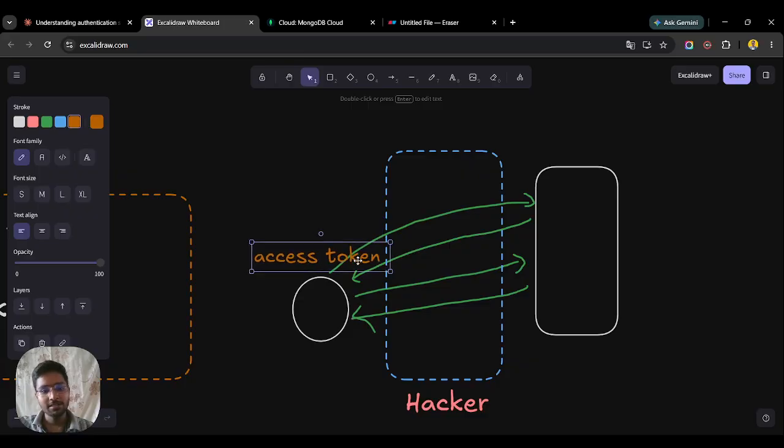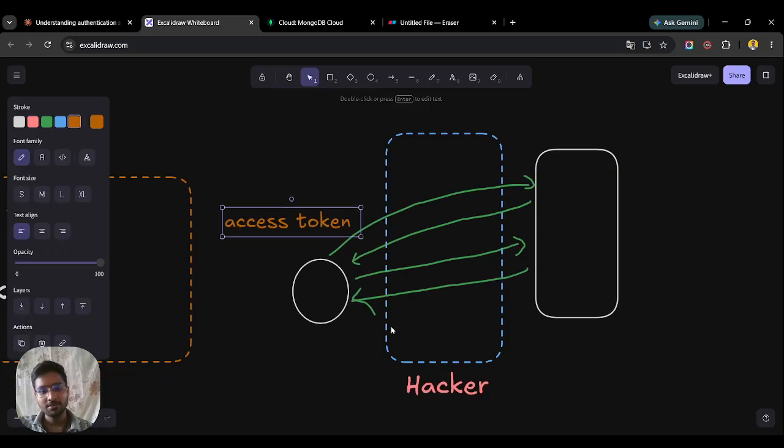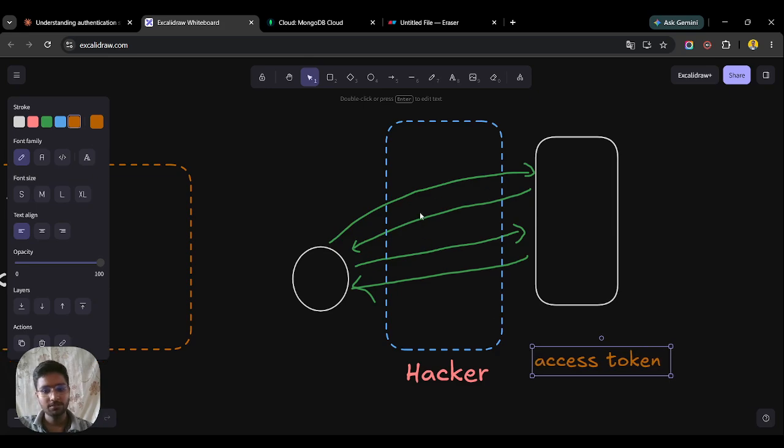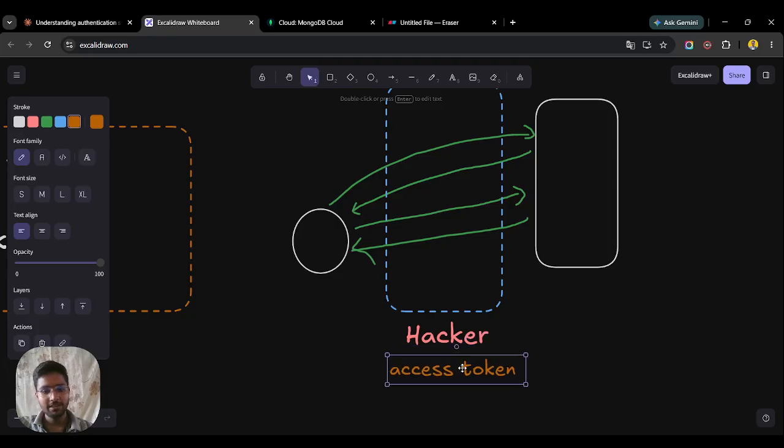Multiple times your access token is traveling through the network. If someone gets your network traffic data and runs some algorithm on it, he can easily get the access token from this data. The data traveling in this network gives him access to this access token. And once he gets the access token,